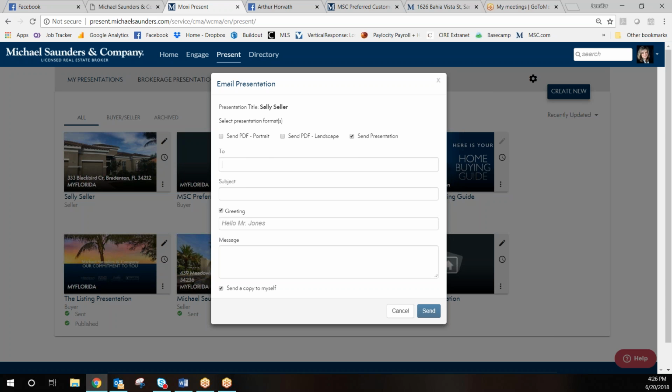I'll hit send, and what it'll do is it'll send the presentation today as an online presentation. If I say to send it as a PDF in portrait or send it as a PDF in landscape, it's literally going to send it as a printable PDF, in either a portrait view or a landscape view. That would be great for your customers who you know are going to 100% want to print this